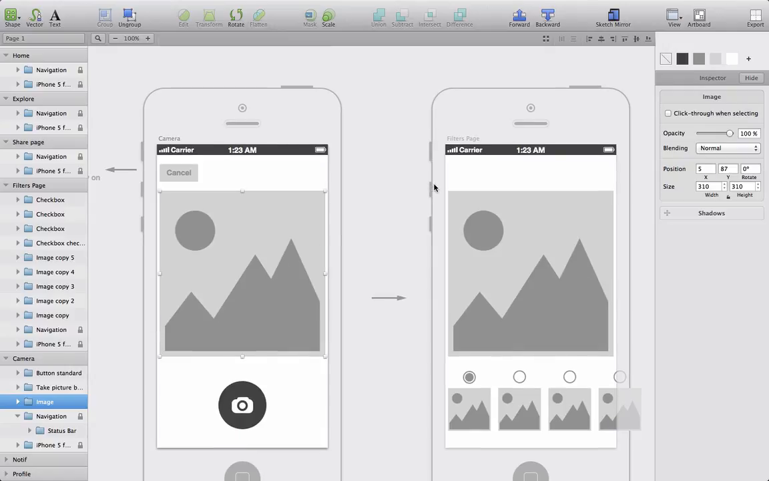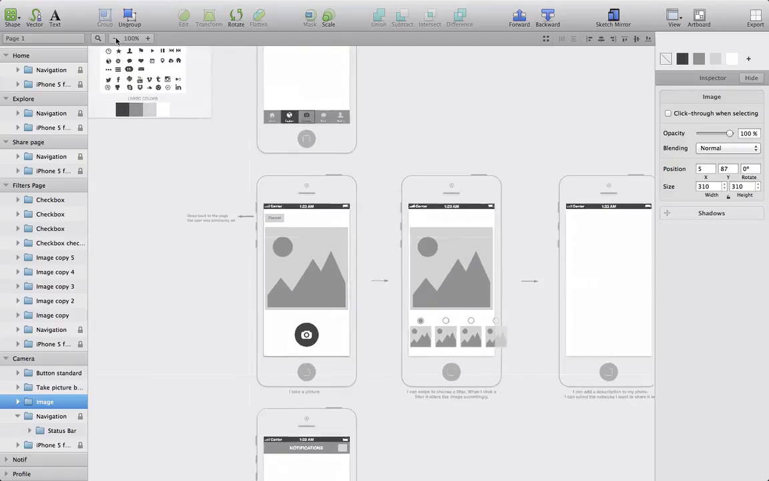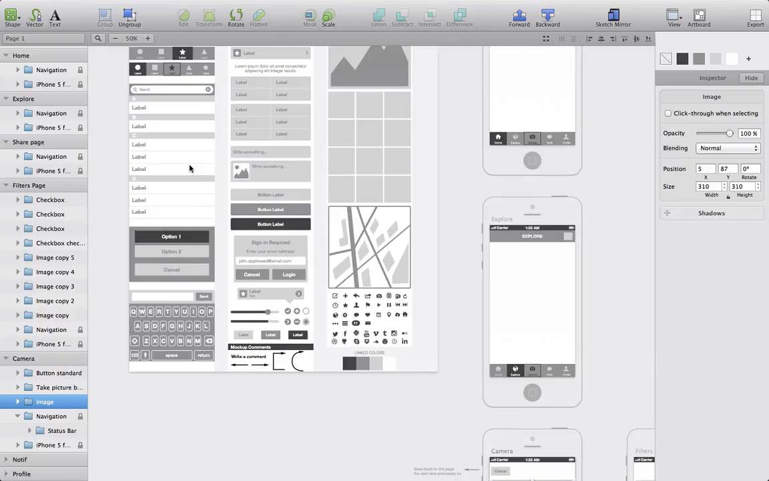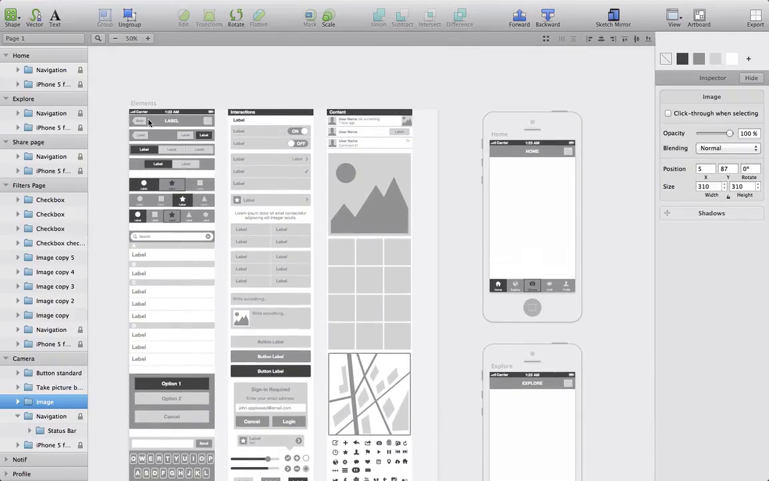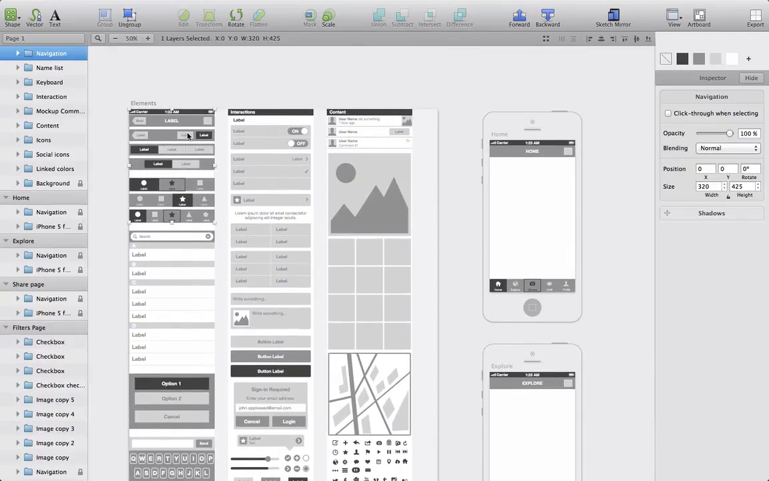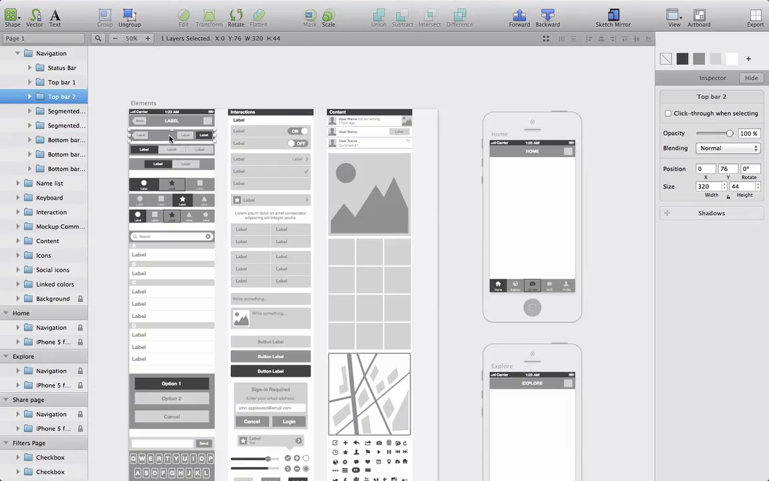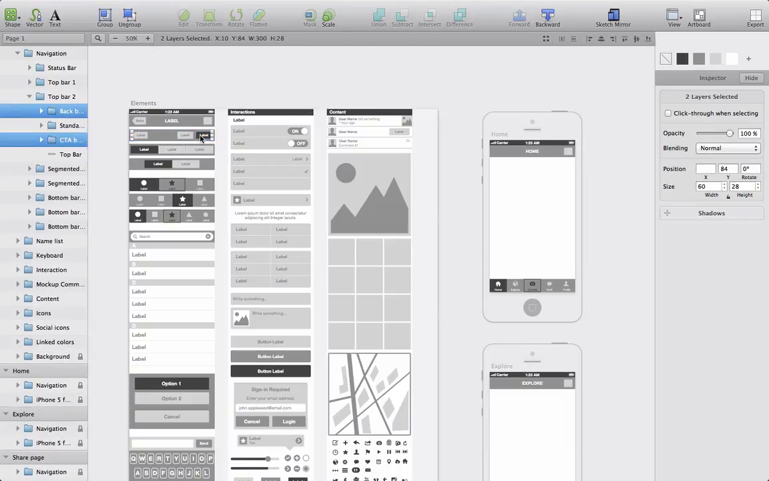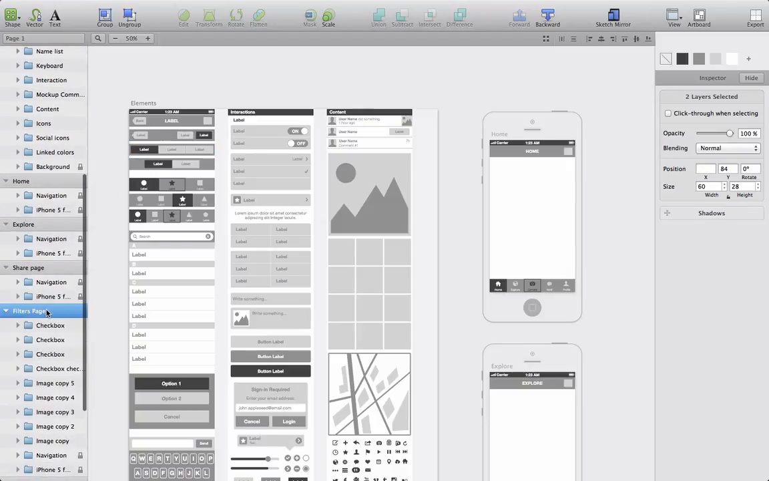We'll also add 2 buttons, one to validate here and one to go back in case the user wants to change his picture. So go to the Elements artboard, and in the top bar too, this one, select the back button and the CTA button, and we'll copy paste them in the filters artboard. So press Command C and select the filters page,